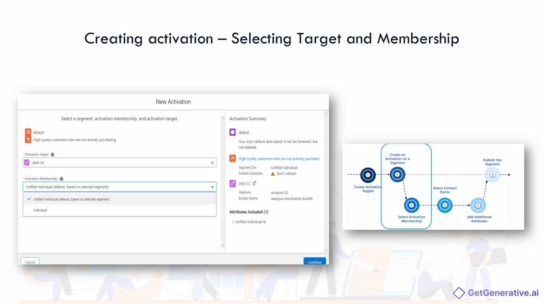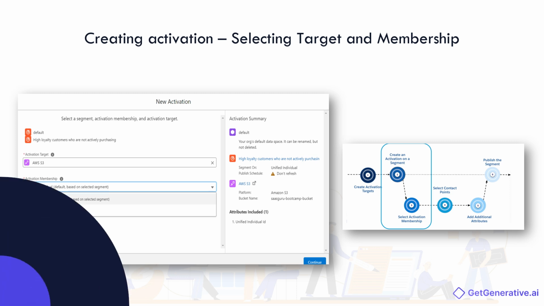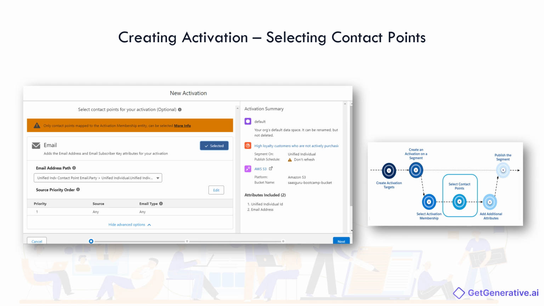As we click on continue, the next step will be for us to choose the email or phone or a mobile app ID, depending on what we have in our contact points. This brings in information from contact point, such as emails, phones, social ID, your mobile app key or mobile app ID as well. From here, we will be able to select which email address to pick. When we are doing a configuration and we click on edit, we get an option similar to